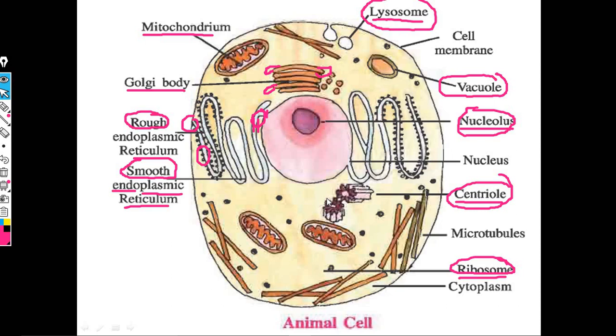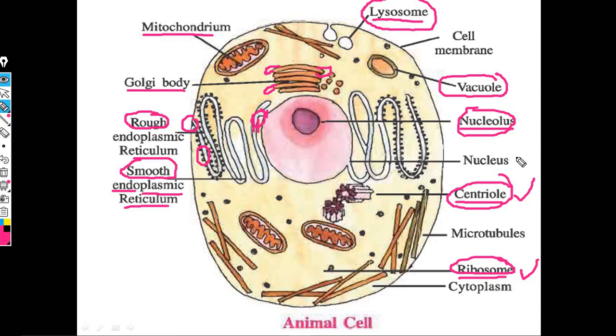Centriole is also very important because it produces spindle fibers. Spindle fibers are helpful in the cell division process. And these are very long structures. If such long structures need to be created, the covering has to be absent. So these also are membraneless structures. Centriole and ribosome we consider as organelles. Nucleolus is a structure, it is not an organelle.